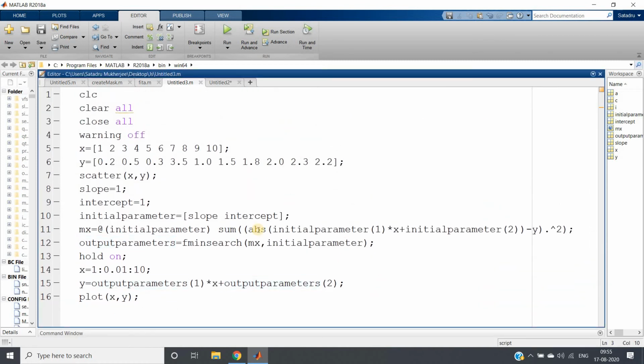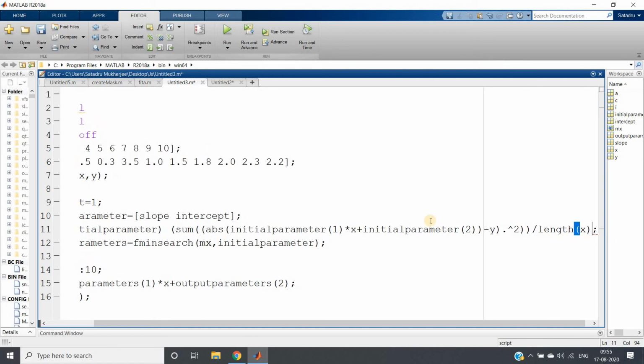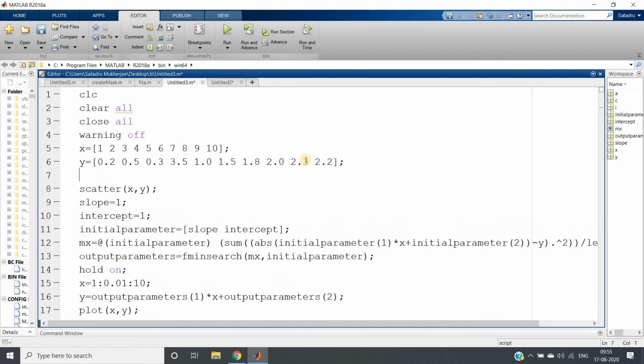So this is how you can use fmin search in MATLAB to implement curve fitting, because in any kind of curve fitting our primary goal is minimizing a cost function. If you want, you can here divide by the total number of data points also, so that it will look like mean square error. So I can write maybe mks equal to length of x.